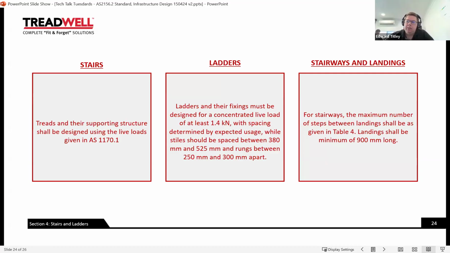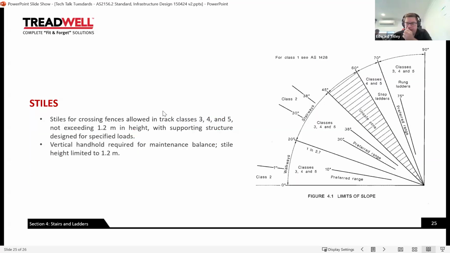And lastly, stairways and landings. For stairways, the maximum number of steps between landings shall be as given in table 4, and landings is a minimum of 900 mil long. Because we haven't got table 4 in here, as I said, we're well over time, so I'm sorry. Just lastly,